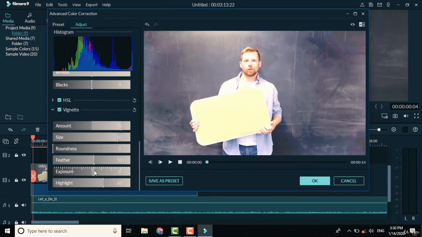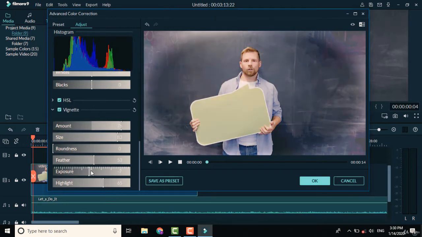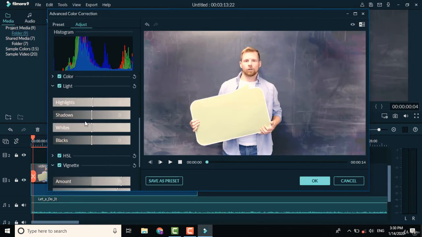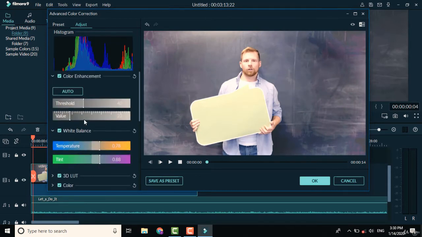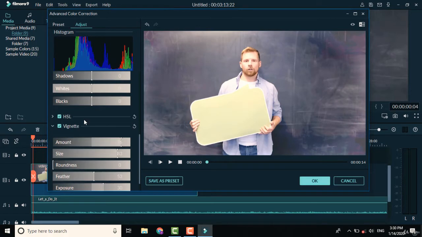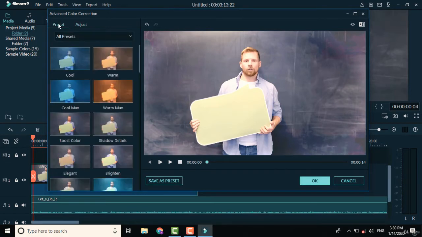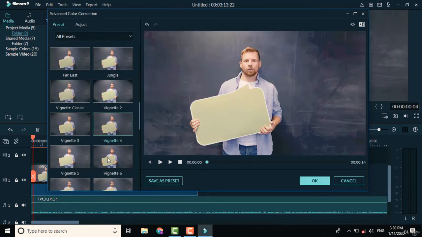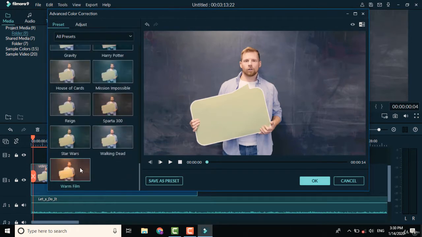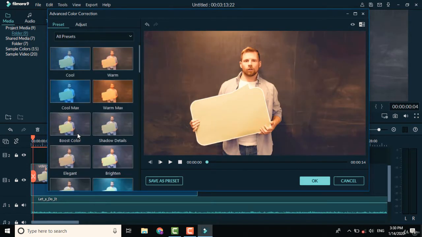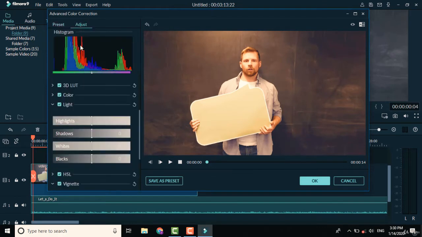So you can try these things to adjust your video tone. So you can do that thing. You can also use these presets. You can see warmer, warm max, and cool max, and best boot, and lot of others. So you can use these also. So you can see, you can also use preset, or you can also make your own changes to use this